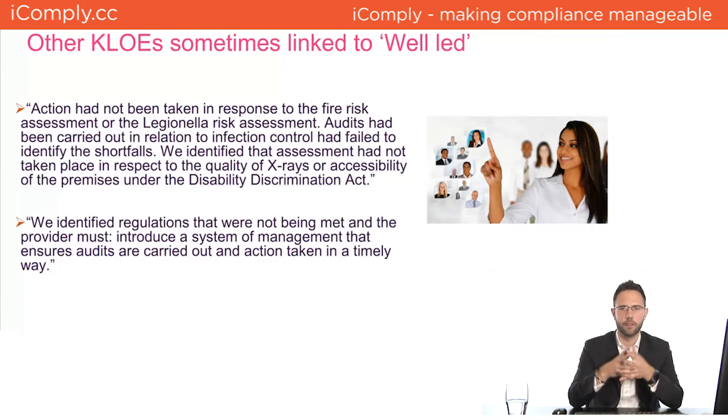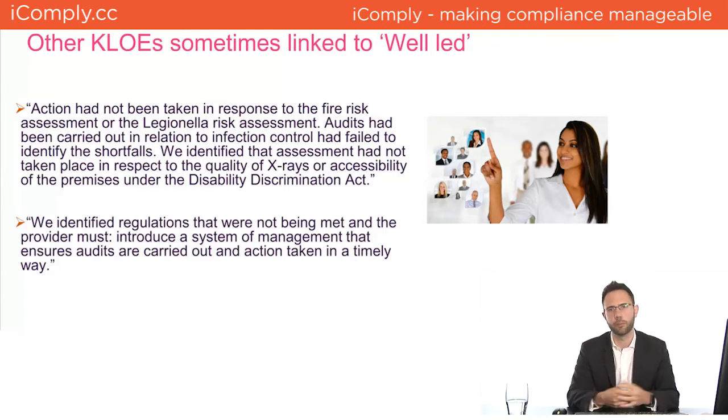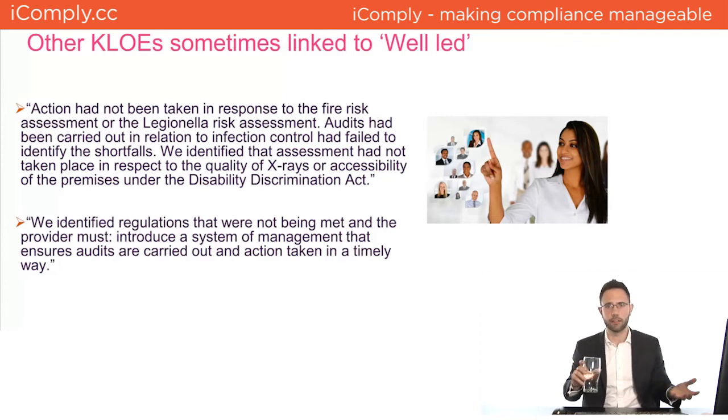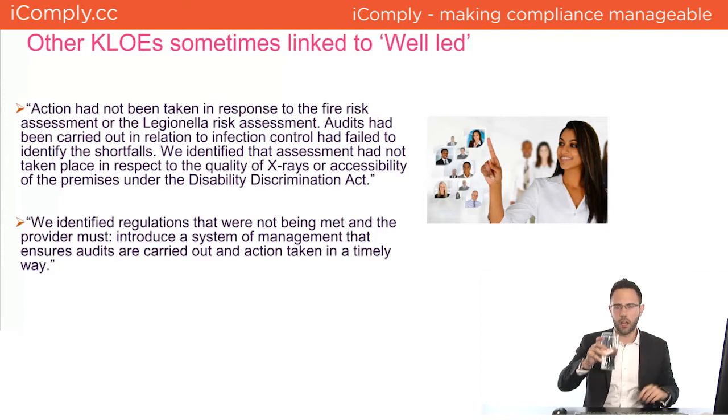If the practice isn't effective or caring, if the staff aren't being trained properly, aren't being supported properly to deliver that treatment, then they would say that the leadership may be lacking. The practice is not well led. The same with responsive. If the practice isn't dealing with complaints properly or patient feedback properly, or in a timely manner, they will turn around and they will say that the practice isn't well led. So it's kind of a catch-all, and